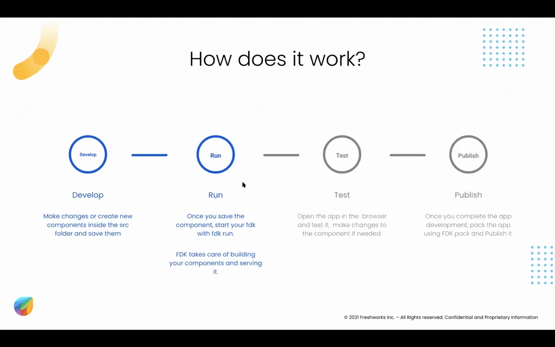How does it work? Like I already mentioned, it follows the same FDK app development lifecycle. Write code, run the app, test it in the browser, pack it, and then publish it. So there is no change in the commands that you run for a regular front-end Freshworks application.